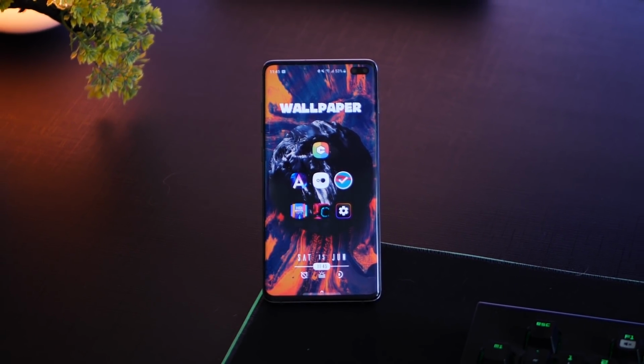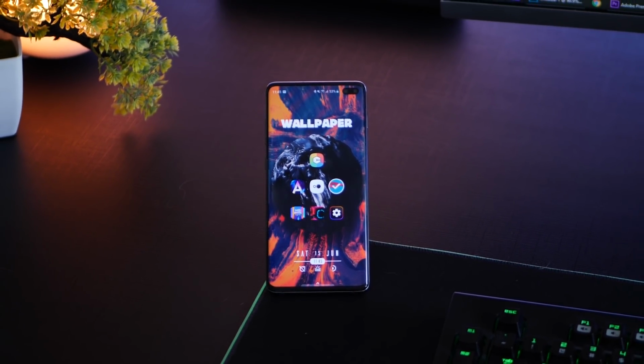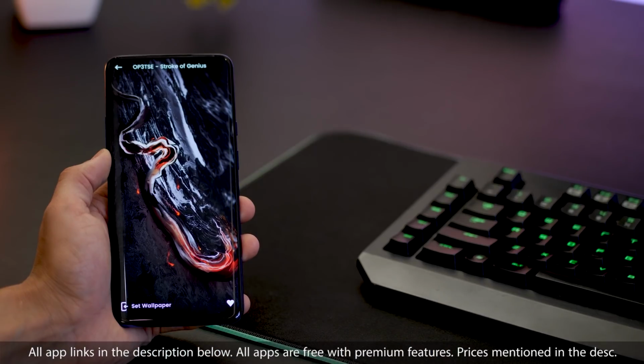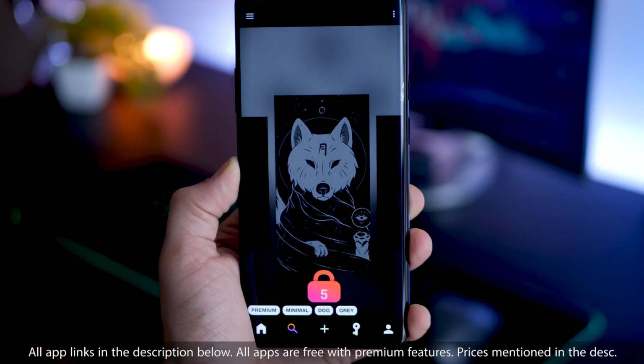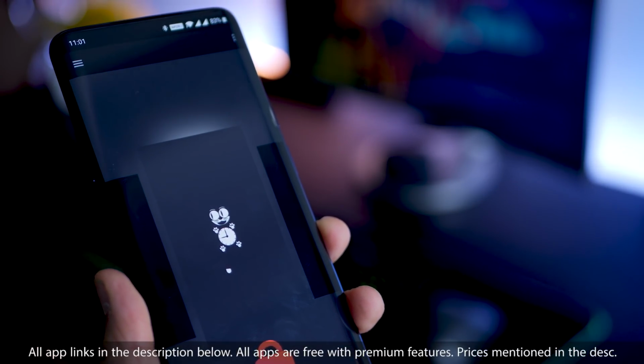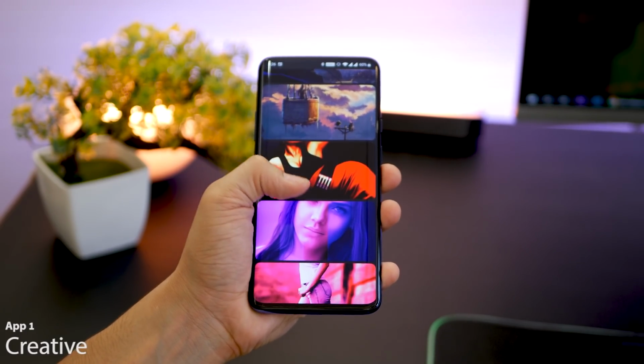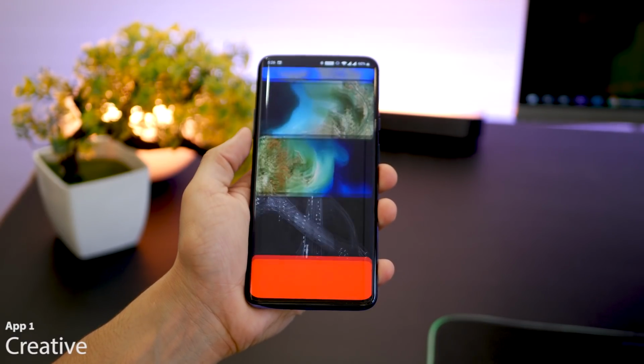So guys, in this video I'm going to talk about 7 apps that will probably cover all the kinds of wallpapers that are out there and hopefully satisfy your preferences for different kinds of wallpapers that exist on the internet today. The first app in the list is called Creative,